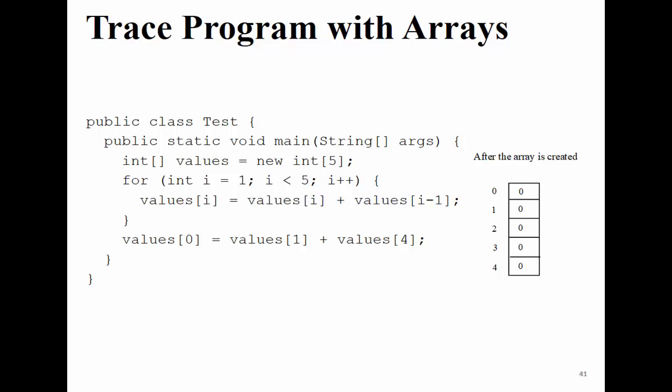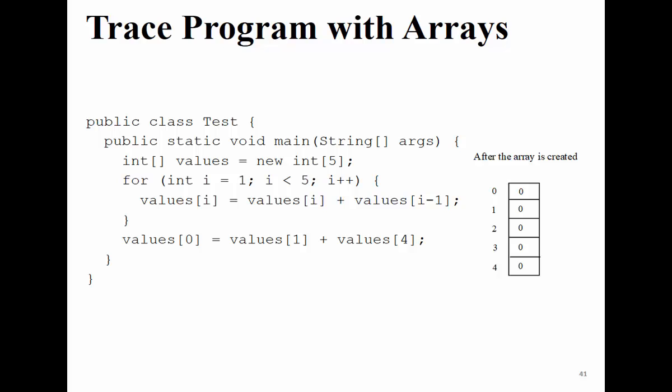So this is another program. We're going to trace it quickly. You can see here, I think we already covered this slide, so you know how to get the result here. We have defined an array of 5 elements, and we're going to loop over all of them. I know this is not good practice, by the way, putting 5 here. It should be values.length, okay? And then we start looking at the elements. We start with element I, access I minus 1, and then we store the value at I.